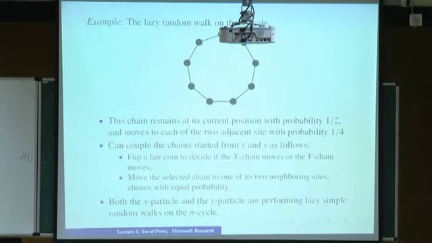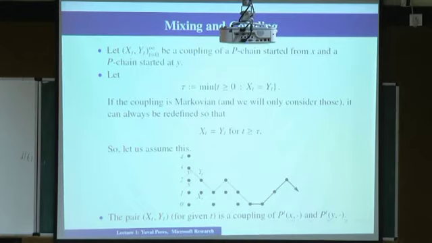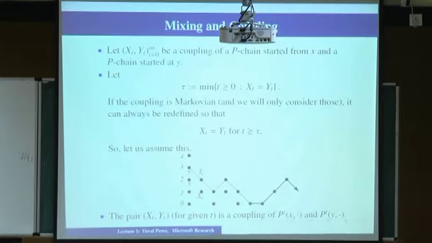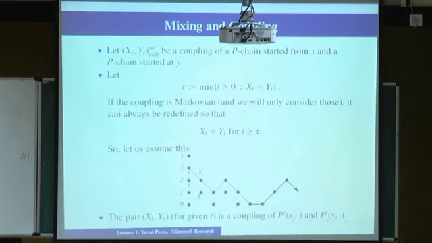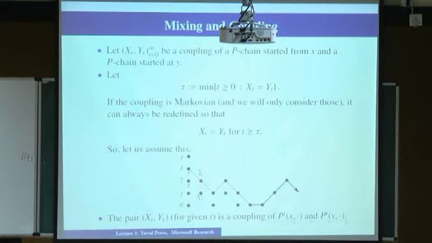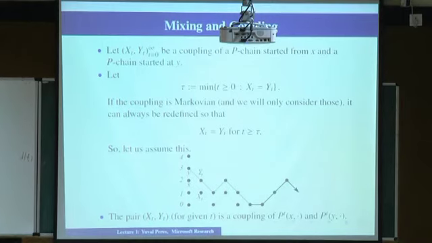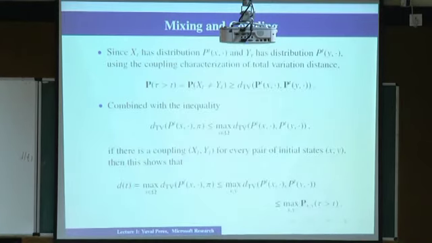Okay, so tau will be the first time where the chains meet, and the coupling is Markovian, which is the only case we consider. So not just each chain is Markov, but the pairs also are evolving as a Markov chain, and then we can continue the chain by defining X_t equals Y_t for t after the meeting time. So the coupling in this case is going to be very simple. We're just going to run the coupling I described, and the first time the chains meet, we continue them together. So we just have to estimate